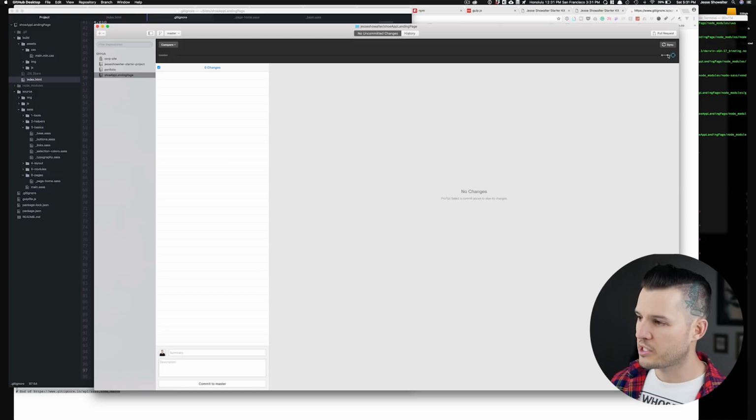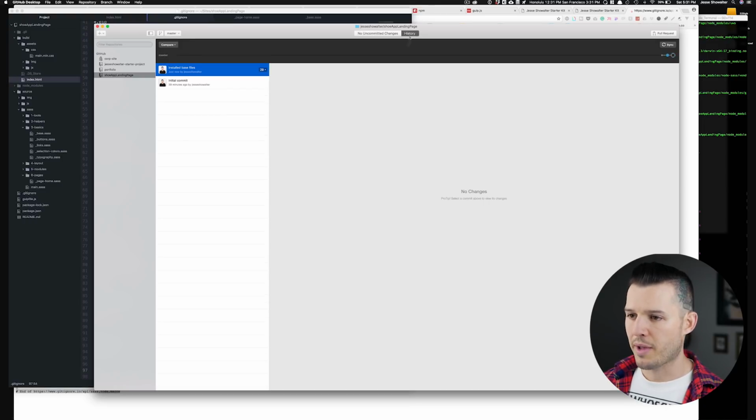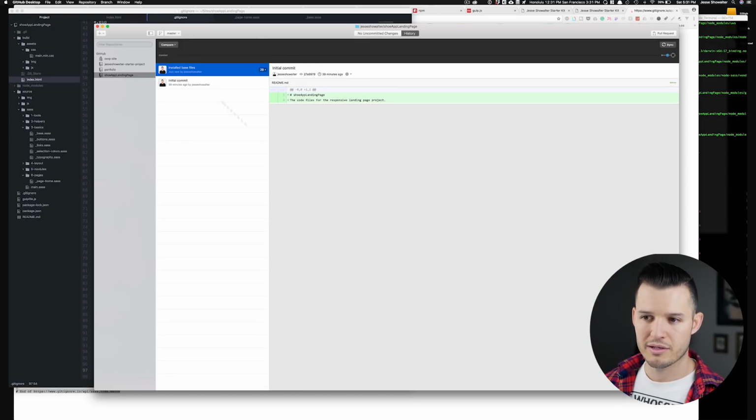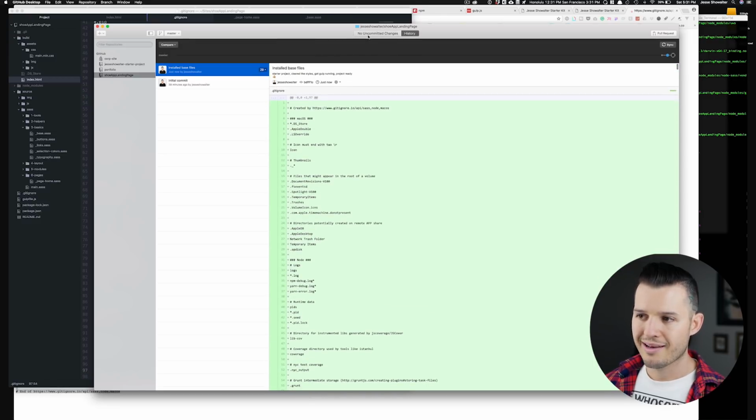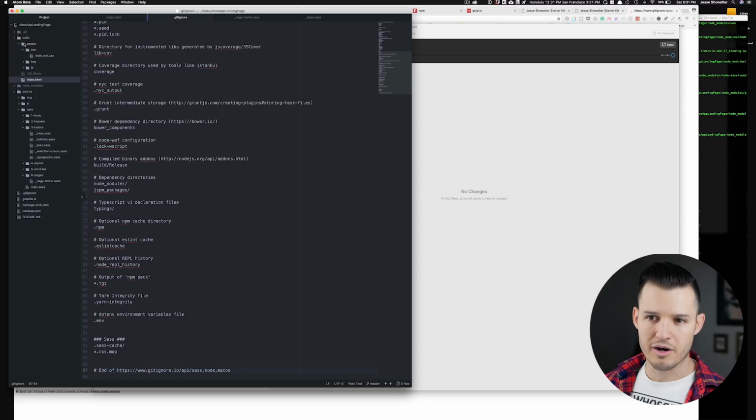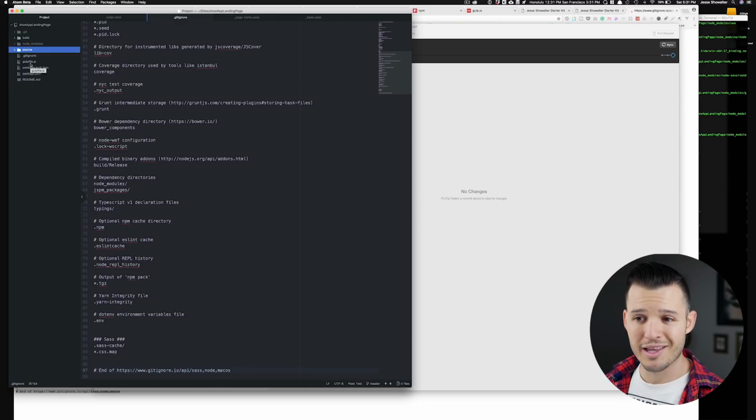Like if I just click back here, we have the first dot. What did it say? It said that's the initial commit. And then after that, we installed the base files. And now currently we are here with no committed changes. So I can look back at the history as well. There it is, initial commit, installed the base files. You can see all the things that were added or removed. And now if we made any sort of changes, look, nothing's green and our directory is on the left-hand side.